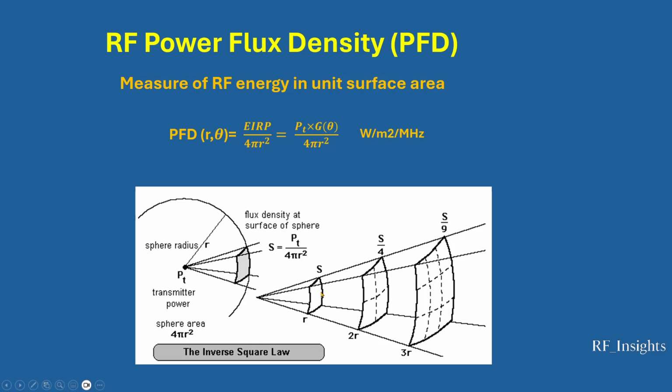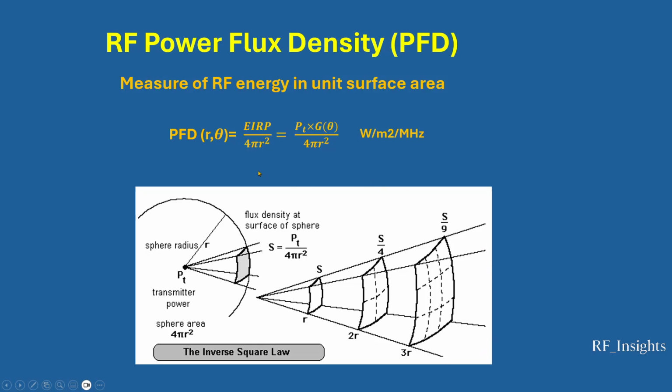So if the power flux density here is S in this first square here, as you move away from the source at distance 2r, you will have four of these squares, right? 1, 2, 3, 4. In other words, your power flux density is divided by 4. And if you move to the distance 3r, now you have 1, 2, 3, 4, 5, 6, 7, 8, 9 of these squares. Therefore, your power flux density is divided by 9. Or, in other words, we have the inverse square law